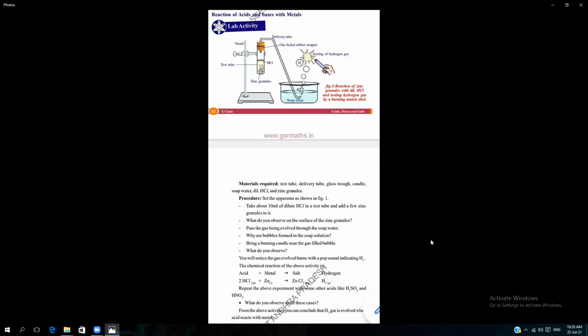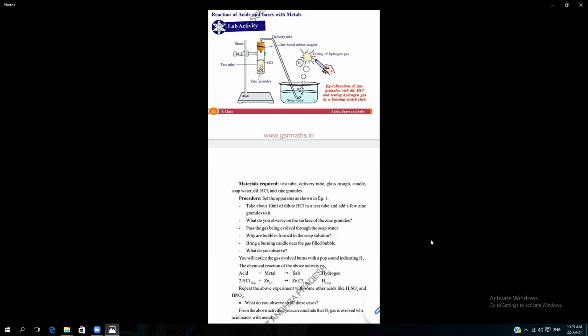Is the equation balanced or not? Can you check it once? Here, reactants: always we take reactants on the left side and products on the right side. Before the arrow mark, we take reactants, and after the arrow mark, we take products. How many hydrogens are present on the reactant side? Two, sir. Yes, two hydrogens are present.